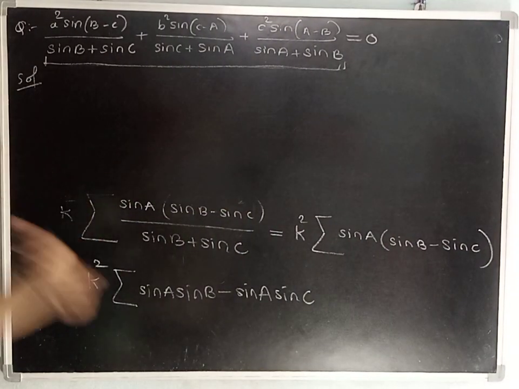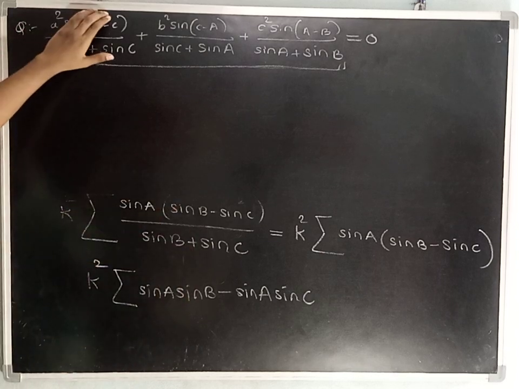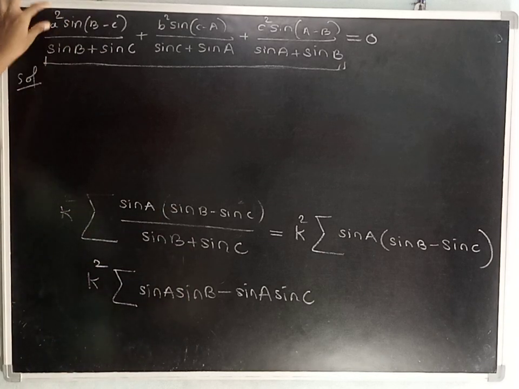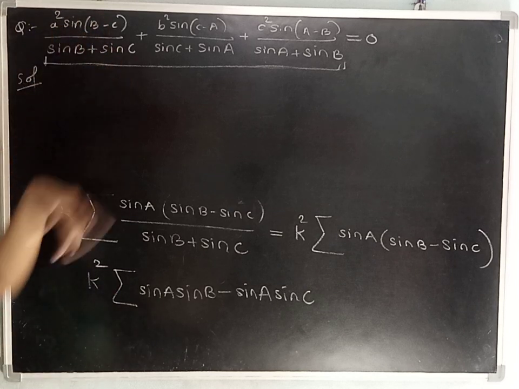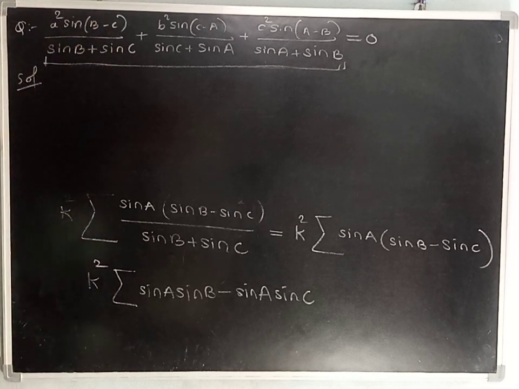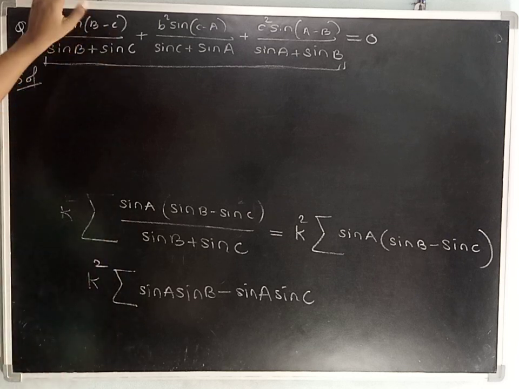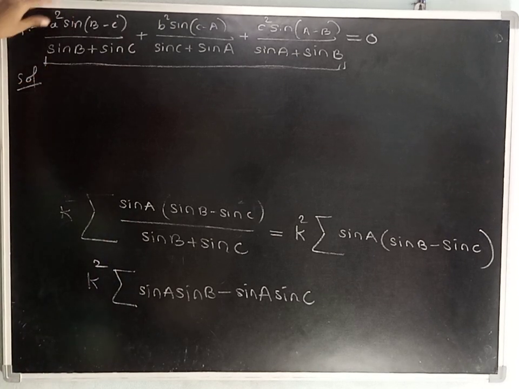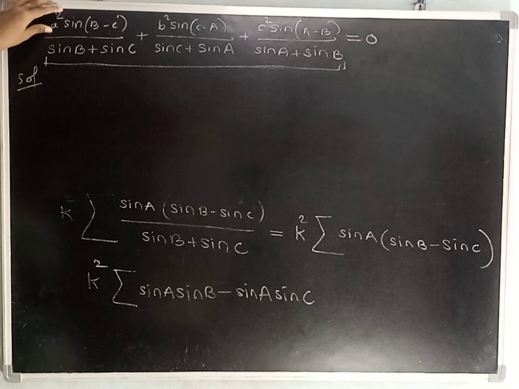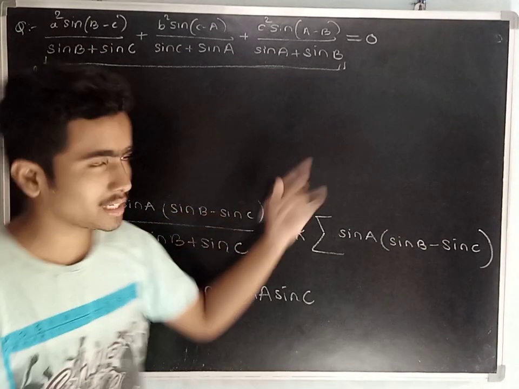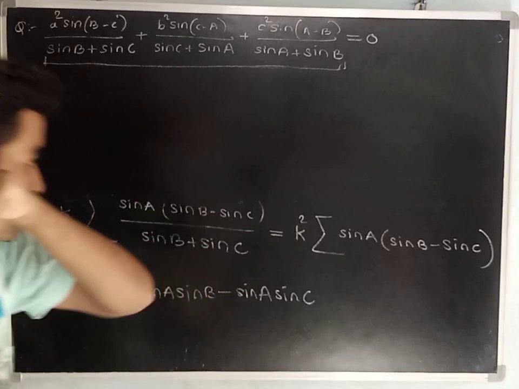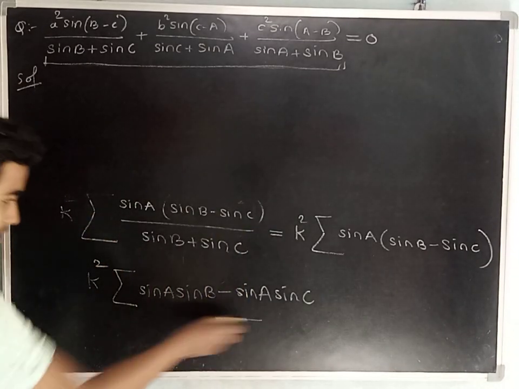So in the first method, I have simplified these two parts and kept a square as stationary. Finally, (b minus c) by a got cancelled, giving sigma ab minus ac. Similarly, in the second method, I have put these two as stationary, but I have evaluated this term a square. As you can see, I have put a equal to k sin A in this, and further simplifying I got this.